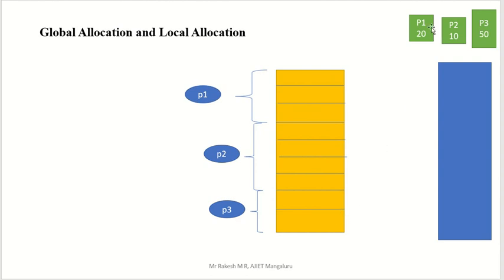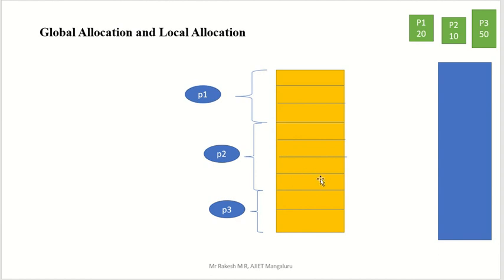Now I will come to P1. P1 has 20 pages, and out of that we loaded only 3 pages. Now consider in P3 one frame is free. Only one frame is booked by P3, and another frame is free. Also consider the second process, whose allocated frames are 4. Out of that, 3 frames are booked and one frame is free. Nothing is there in that P2 allocated frame.